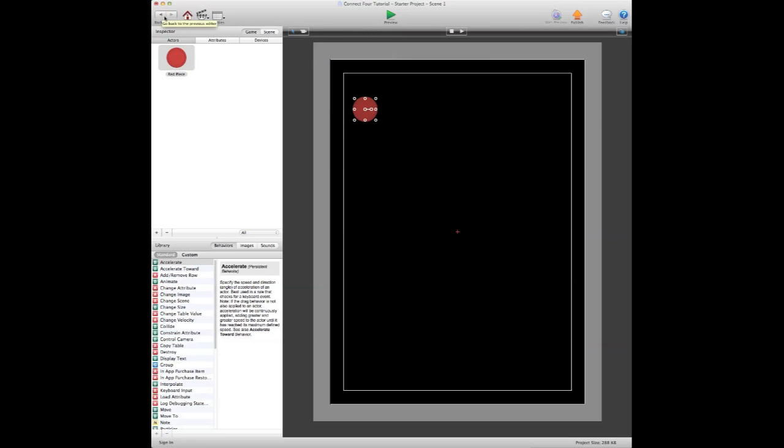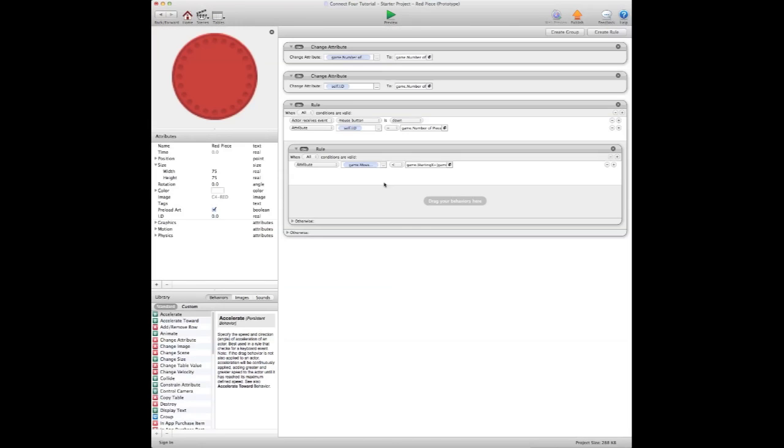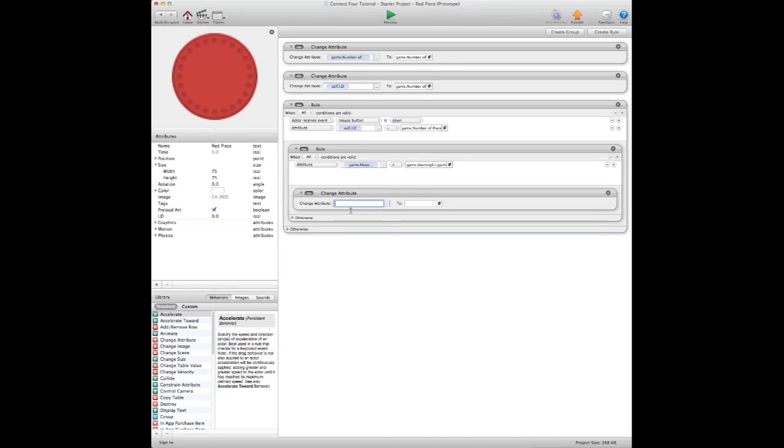So going back here, if that didn't make any sense, I'll try to explain it a little bit later on when there's more of a visual aid. So when the mouse position X is less than starting position X plus the spacing plus 30, then we're going to change attribute self position X, the position of the piece, red piece. We're going to go to position, then double click on X, change that to starting position X,